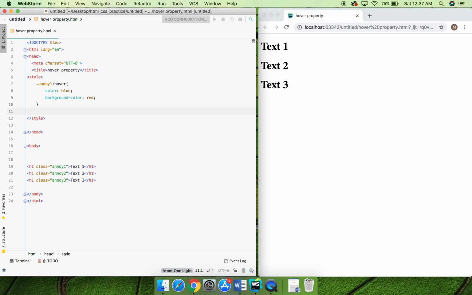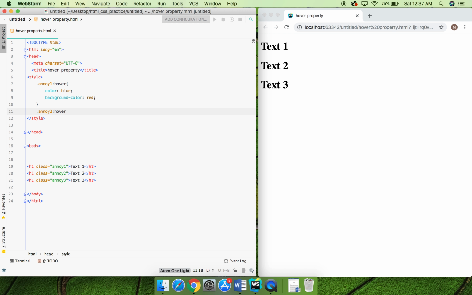I'm gonna add the class name for my text 2, which is in the heading 1 section. So my class would be a period, h2, and then I'm gonna add the hovering property, which starts with a colon and then hover,